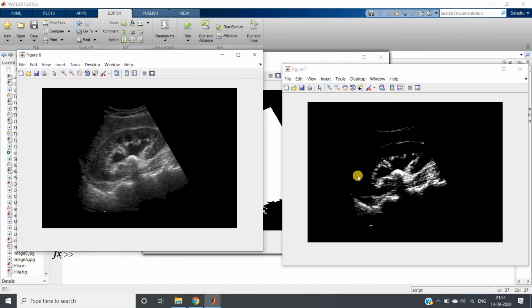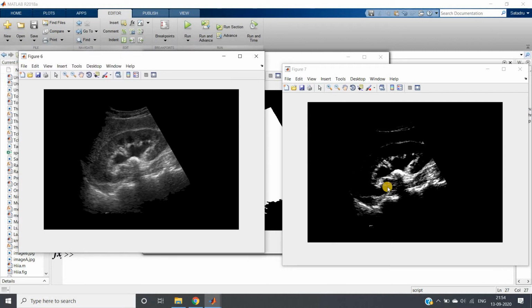See how beautifully imadjust is working and leading us more towards detecting this stone. Our intention was to remove these particular side parts which were not our point of interest, our center of interest here. So these particular parts we are able to suppress in our output image, and this is the output we are getting after image adjustment.